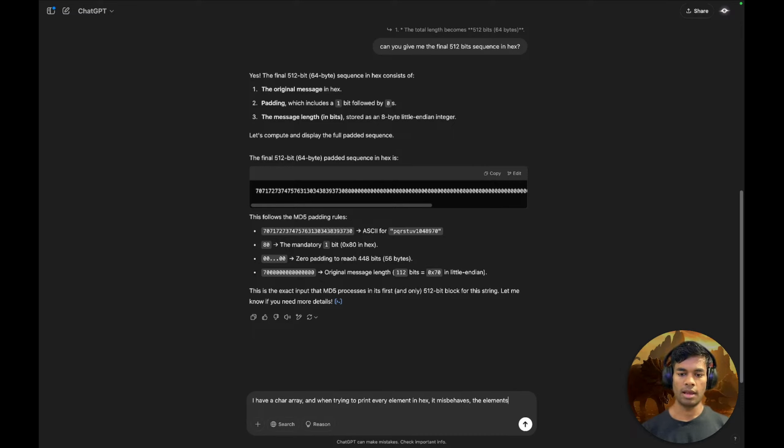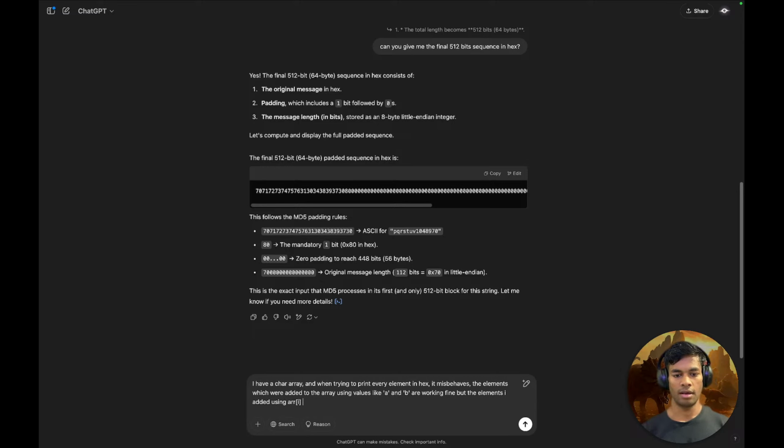The elements which were added to the array using values like A and B are working fine, but the elements I added using array[i] equals 0x80 are misbehaving. Instead of